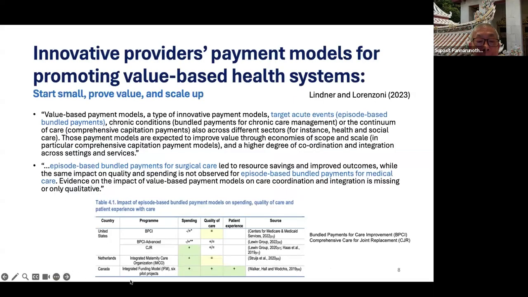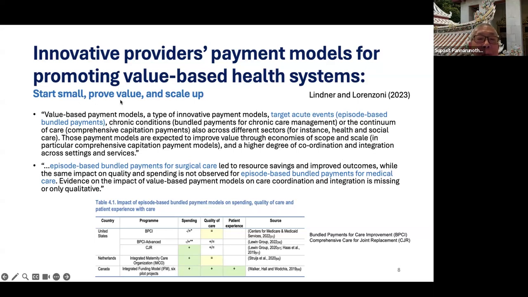Yeah. We can see that these slides show the innovative provider payment model for promoting the value-based health system. This is the title of this working paper. So at the conclusion of this document, the keyword is that